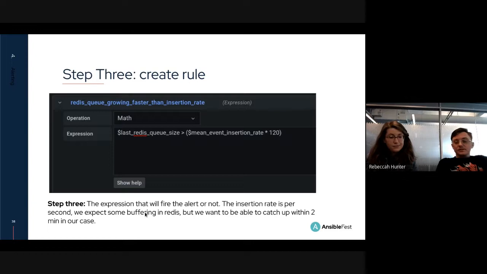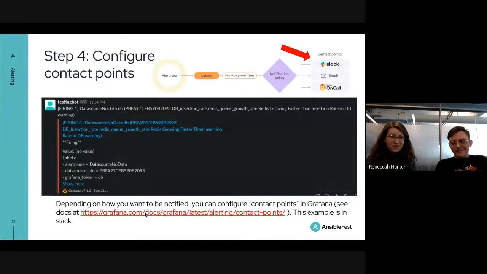Now, there's additional config that we're not showing here about back off, as far as how long this needs to be true before you get an alert. So generally what you would see in the UI in Grafana is, the moment this expression is true, it would say that the alert is pending because it's true, but it's going to wait a certain configured amount of time before it actually fires and maybe reaches out to your contact points.